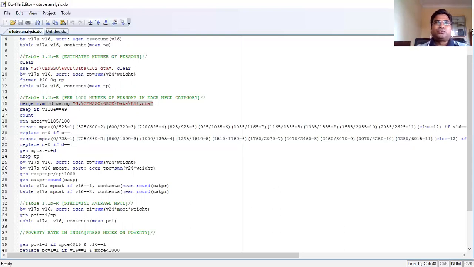Now, do we need to deal with the whole data set? No, for our present purpose, we need only one variable, and that is your MPCE MRP. So we don't need to really deal with the whole 35 lakh observations. Rather, we can cut down the number of observations, because we need only one variable serial number, that is variable serial number 49.